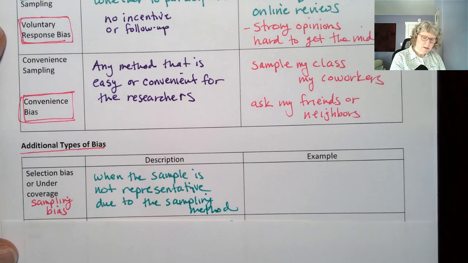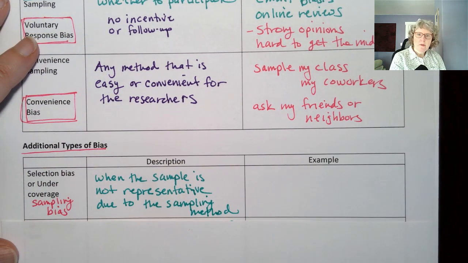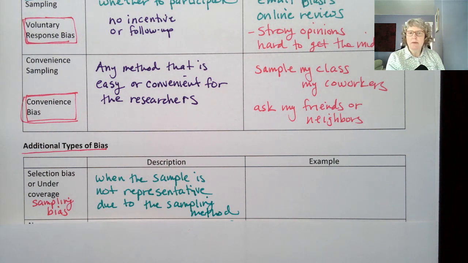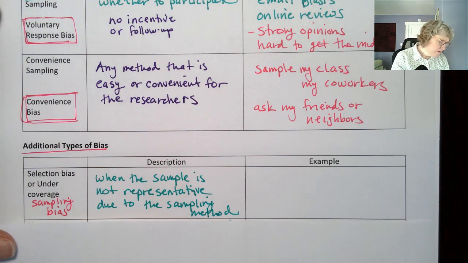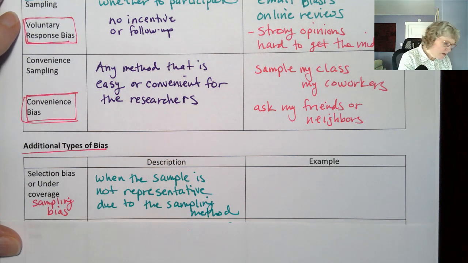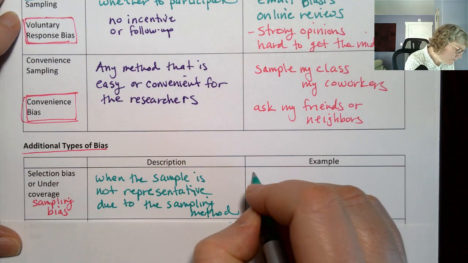Okay, so another way to think of it is the sample doesn't match your population, right? That's what representative means. It's not representative. So let's say we had a PCC survey,